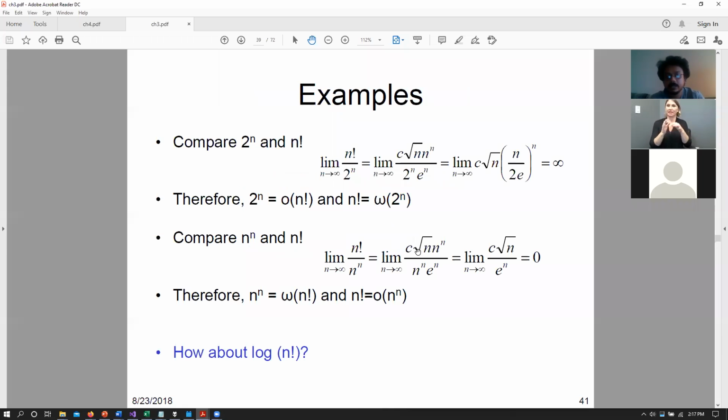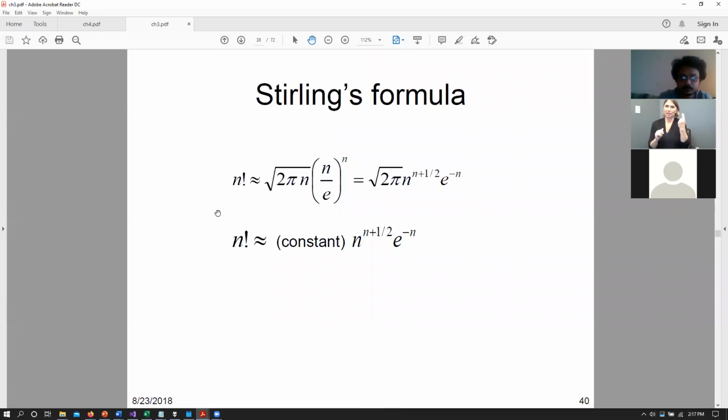So let's look at some examples for this. Let's say that I ask you to compare 2 to the power of n versus n factorial. Is n plus half inside the square root? No. The square root part comes out because of this half here. So it is n raised to the power of n, right? And we have square root of n here, that is n raised to half. And we basically say n raised to n plus half. Does that make sense, Abdul Rahman? So the question was whether n raised to n plus half is within the square root. It's not. Okay.